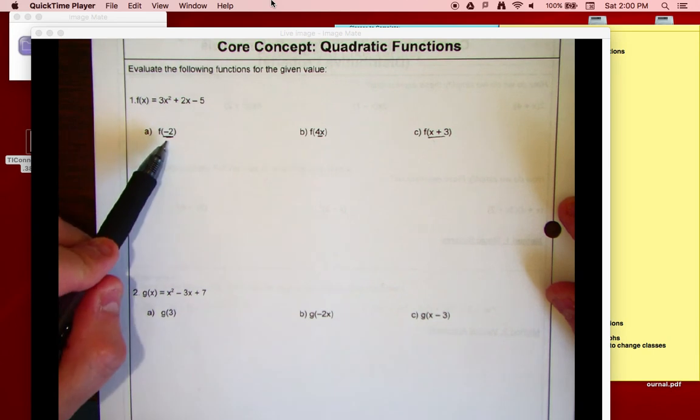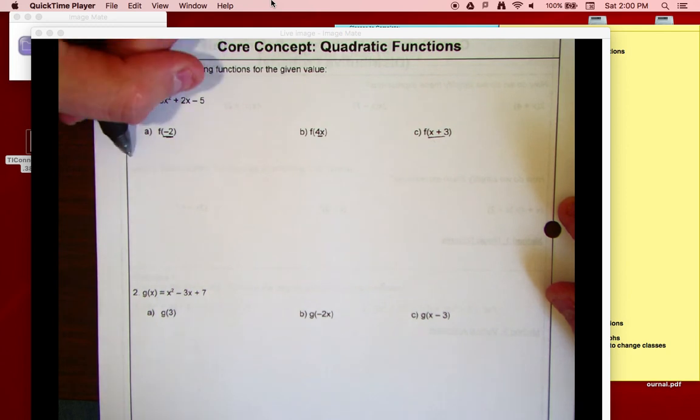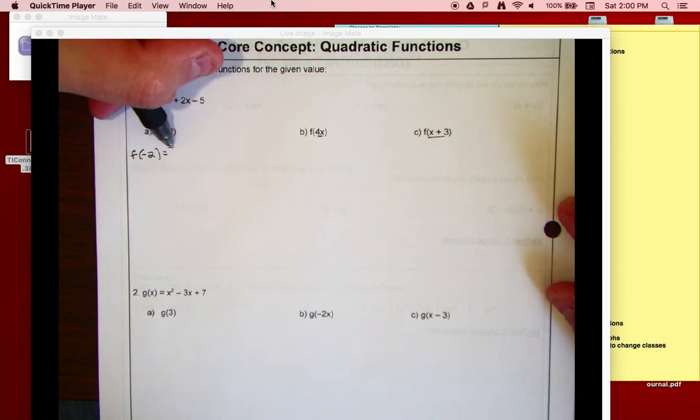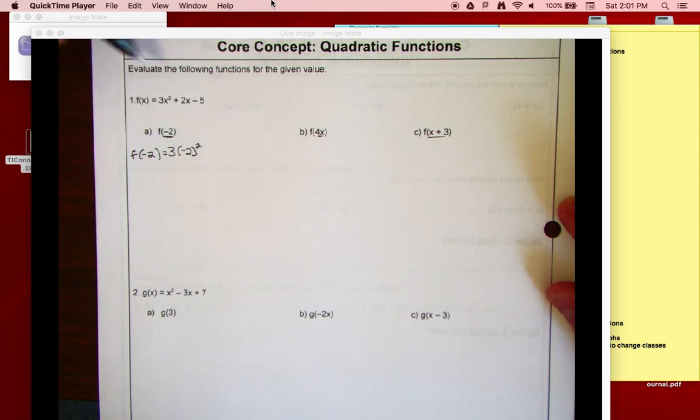So if I have f of negative 2, I'm going to write this. This is just notation. Remember, it just means essentially the same thing as y. But the important stuff is on the right-hand side of your equal sign, your equation. As I mentioned earlier, wherever I have an x, I'm going to substitute negative 2 in. Notice I kept the 3, notice I kept the squared, and also most importantly,